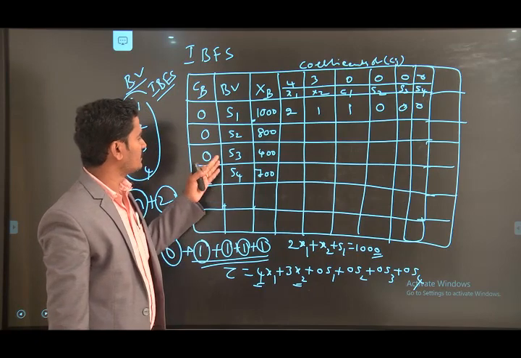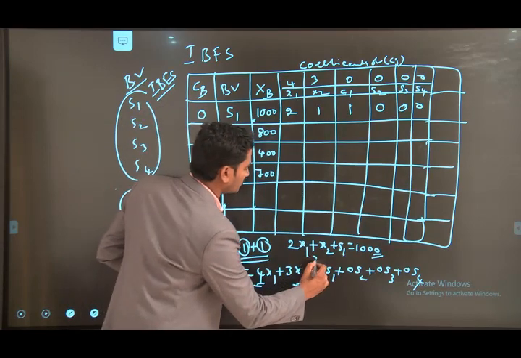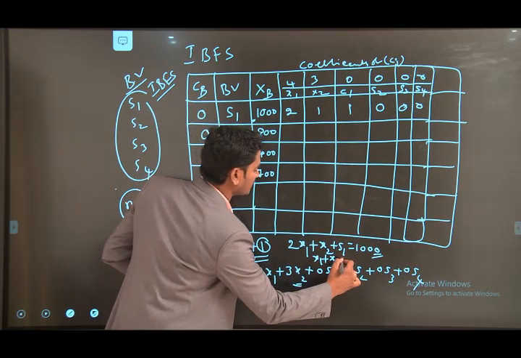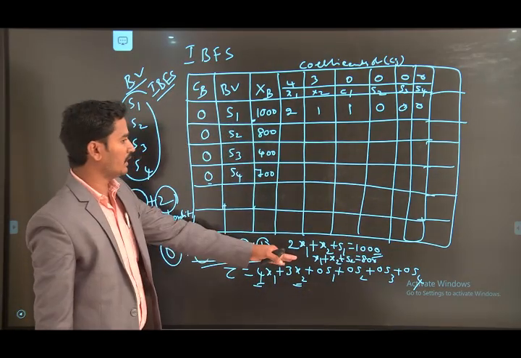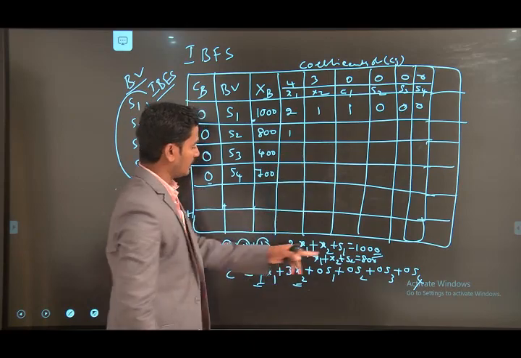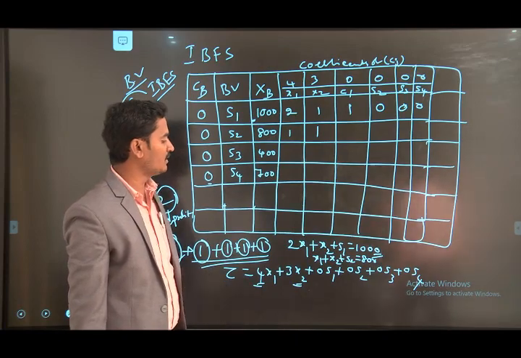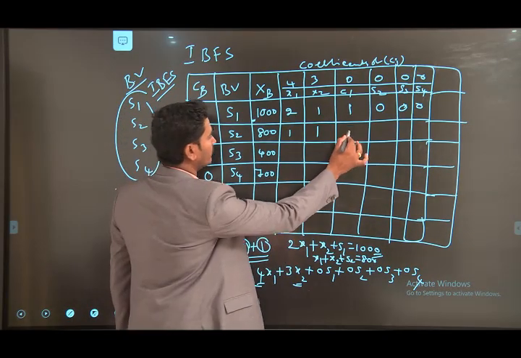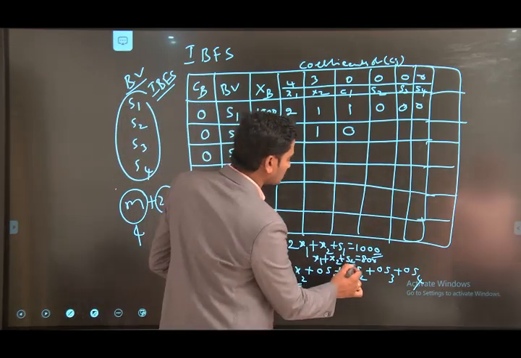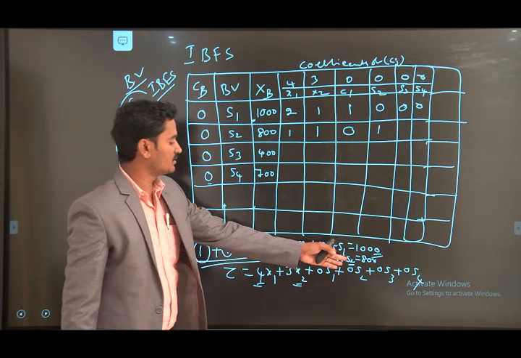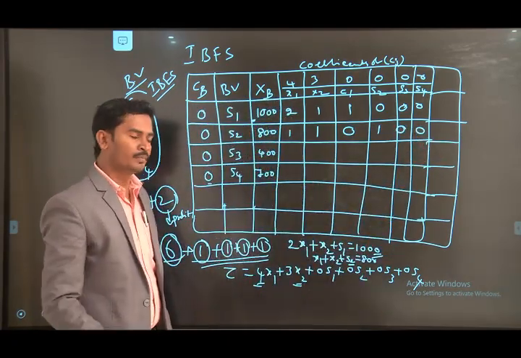What is the second constraint? The second constraint is the availability, or supply, of the leather. Here, for both belts, the leather supply is x1 plus x2 equal to 800. So that's why we take x1 value as 1 and x2 as 1. Then coming to the s1, here there is no slack variable in the supply of leather, so we take s1 equal to 0. Then coming to the s2, here s2 is there, so we take simply 1. Next s3, s4: there is no s3 and s4, so simply we take 0, 0.